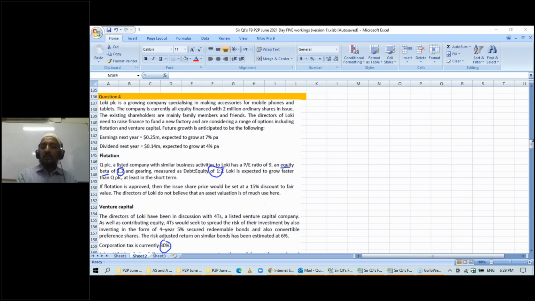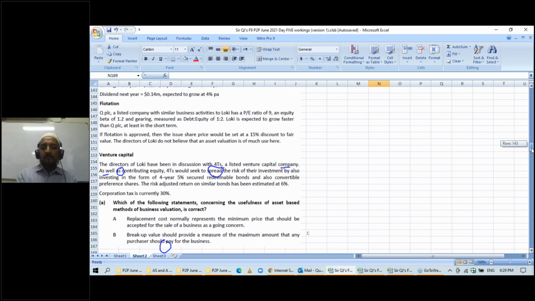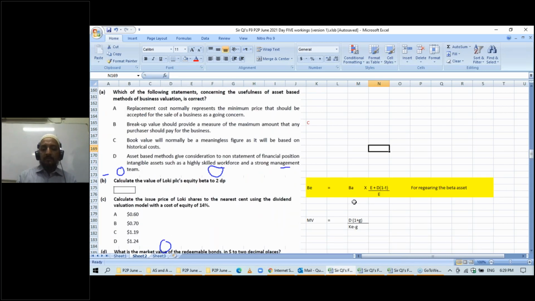So I will use that formula which I gave you in the last class. So let's use these figures. So this becomes beta asset is 1.2 multiplied by the equity value